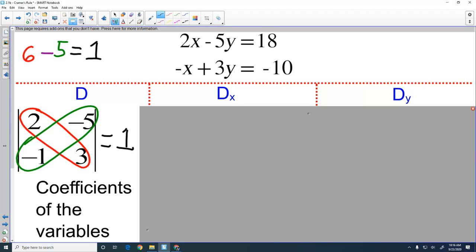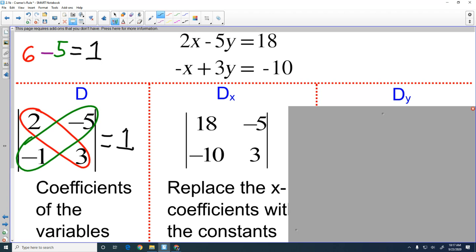So that's the first determinant. Again, that calculation should have been pretty simple for you. And that's your first value. And we're going to be using this 1 in our final solution to find the x and the y of the system of equations. All right, so that's the first determinant. Now let's look at the second one,